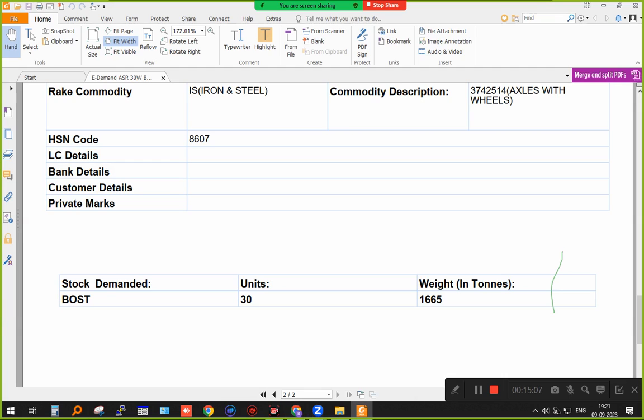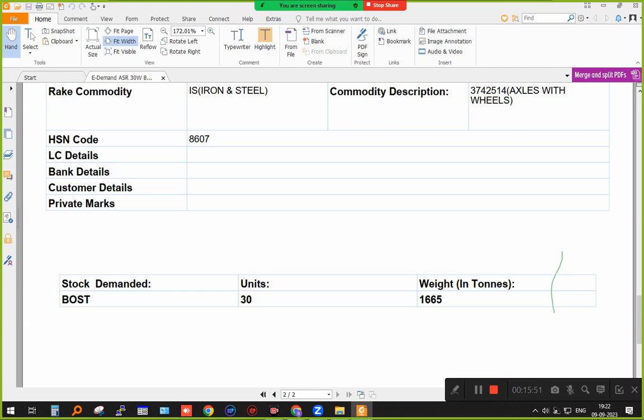So when the amount is transferred from a bank account with which the customer already has a tripartite agreement, that is the bank, the customer and the railways will have a tripartite agreement for e-payment, electronic payment of wagon demand registration fee, demurrage charge, wharfage charge, freight charge and all other charges. It can be deducted directly from the bank account in which a tripartite agreement is made, that is three people are involved. The three people are the customer, the railways and the bank, which will act as the liaison. So the bank will give,